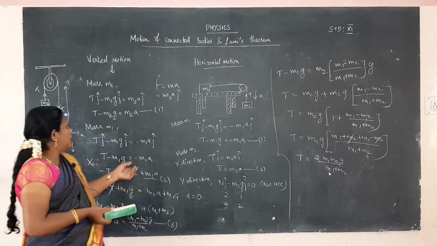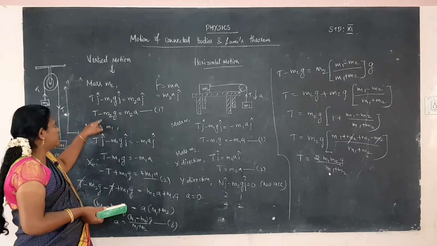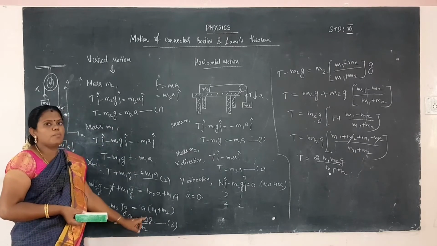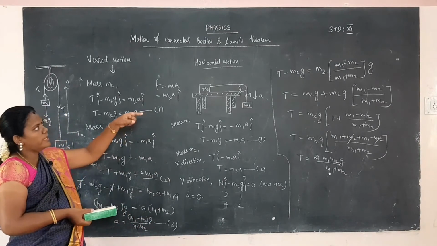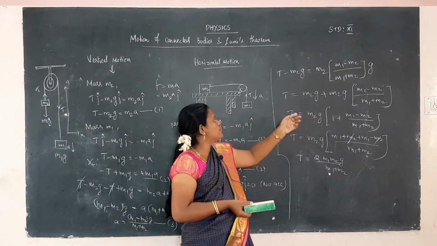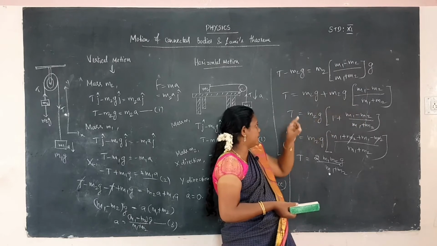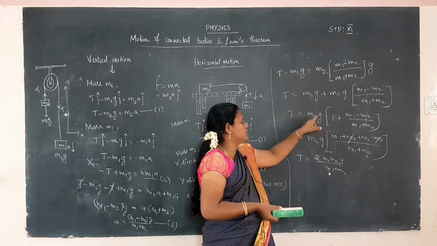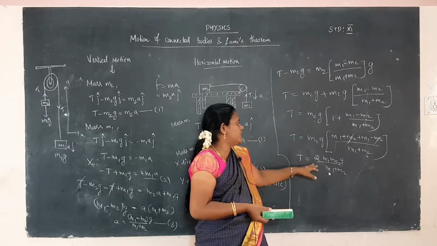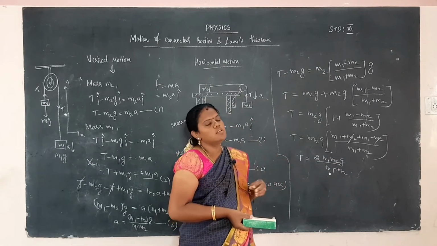Then this is substituted into the equation T minus m2g is equal to m2 into a, that is, m2 into (m1 minus m2)g by (m1 plus m2). So m2g is taken to the right-hand side: T is equal to m2g plus m2g (m1 minus m2) by (m1 plus m2). Clear that? So T is equal to m2g into 1 plus (m1 minus m2) by (m1 plus m2). Taking the LCM, we easily calculate T is equal to 2 m1 m2 by (m1 plus m2) into g. This is the tension acting on the string connecting the two bodies.